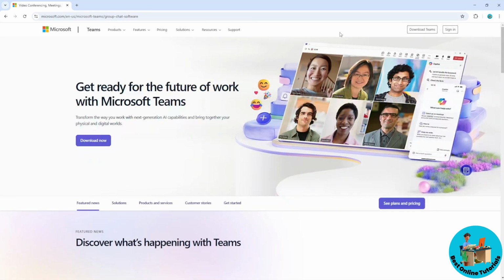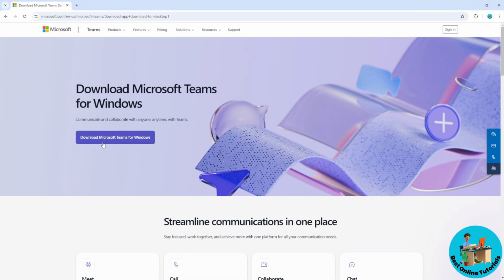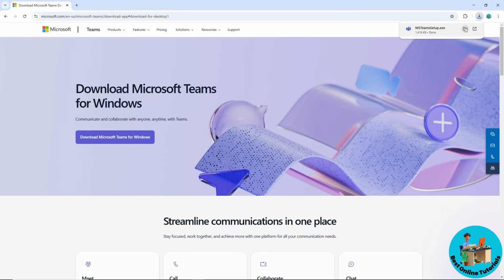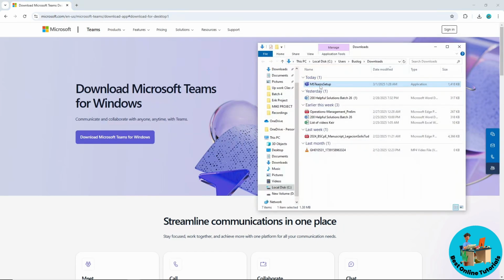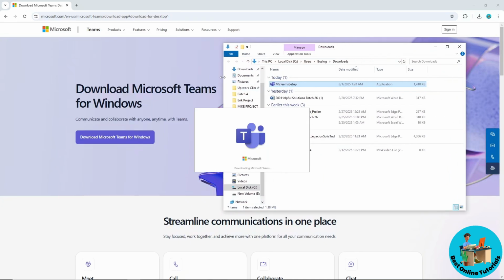their official website. And right away you should be able to see here Download Now. Just simply select that one, and now just simply select Download Microsoft Teams for Windows, and you will have this pop up over here, and just simply select this one, and just simply select the folder icon. Just simply double click on this one, and after that just simply run the installer, and from here it will